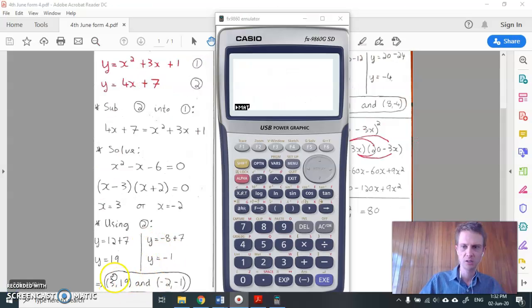Okay, just checking this first answer here again. We had x was equal to 3, and we were checking in this one here. If I press 3 equals, now Ans is programmed as 3. So I can do my Ans squared plus 3 Ans and plus 1. Hopefully I'll get 19. Okay, works particularly well for the negative